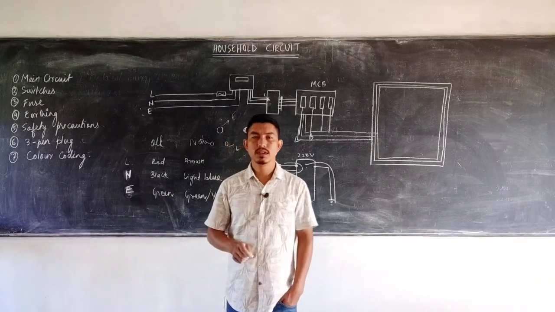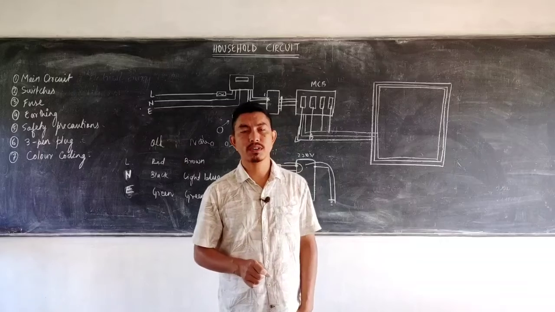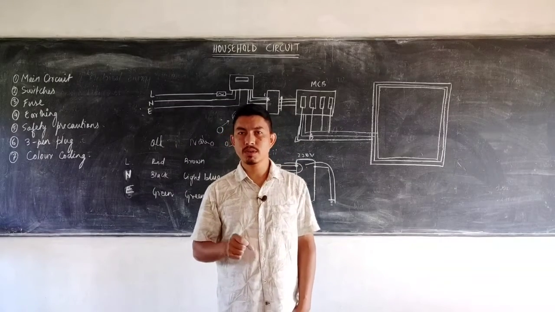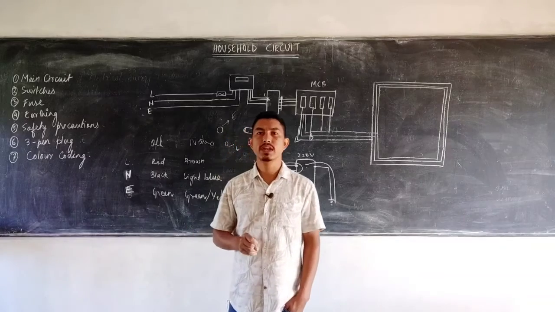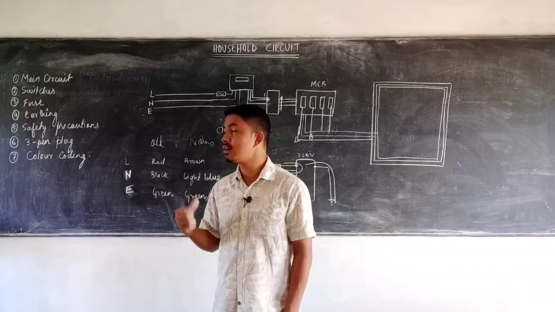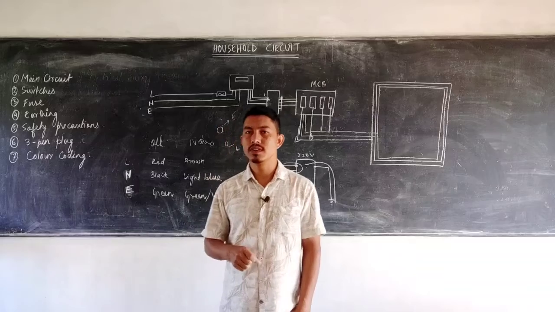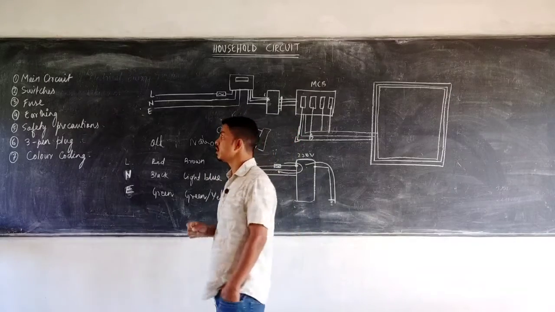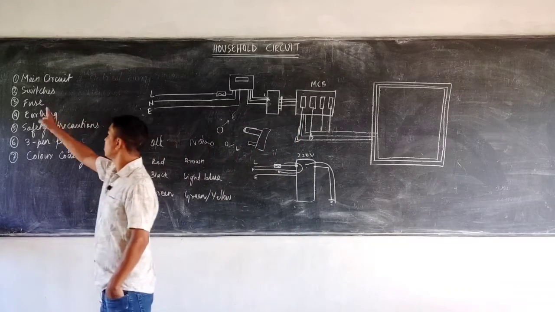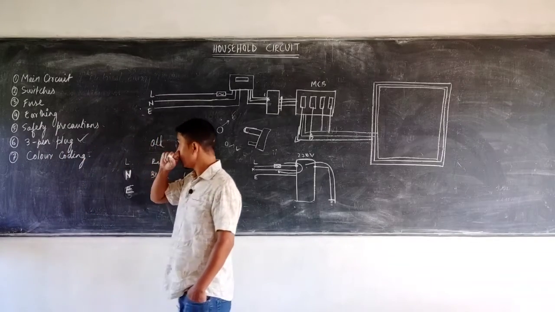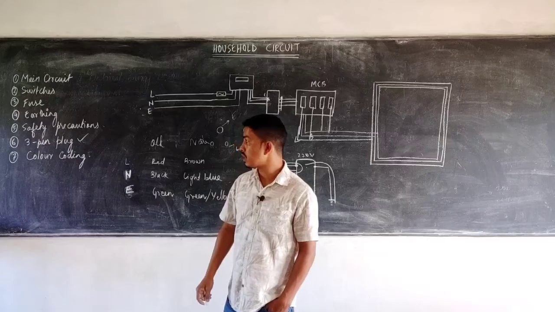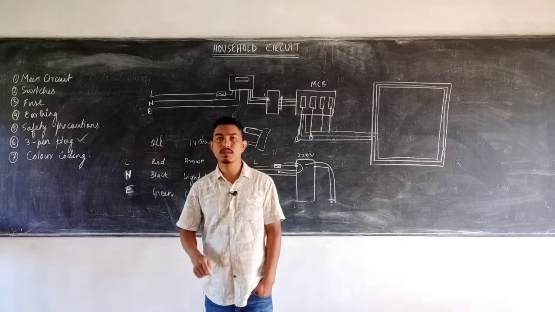So dear students, this ends the chapter on current electricity. There are three portions you must have seen: the first dealing with Ohm's law, the second with electrical energy and power, and third, finally, household circuits. It is also very important for you to learn the diagrams of the switches and the fuse, and also of the 3-pin plug and the socket, and also remember the color codings of the wire.